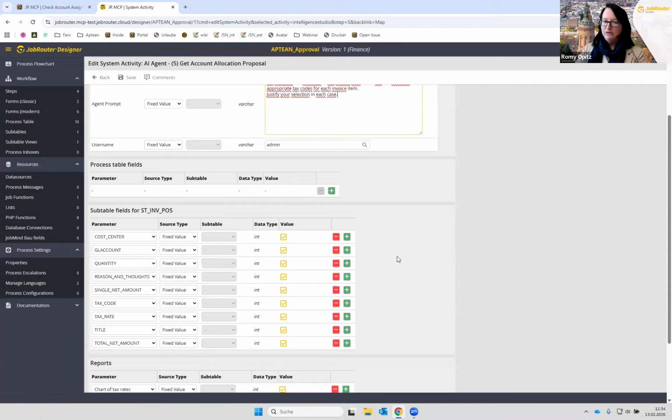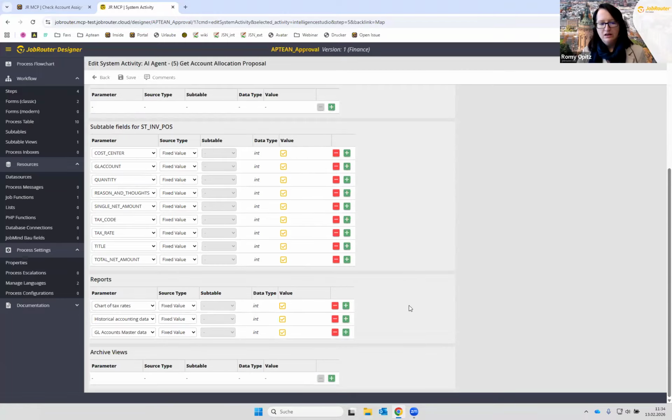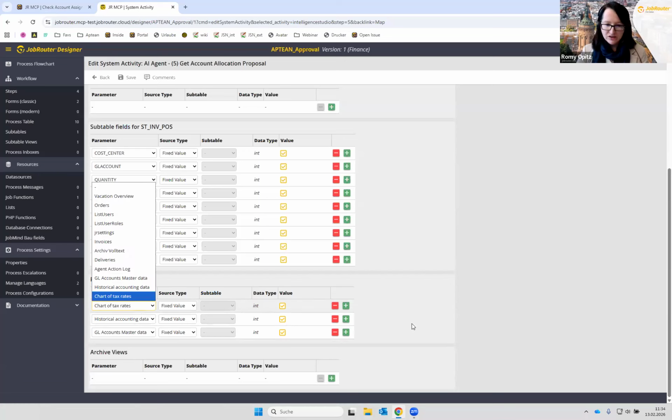So this is also the place where you specify where the agent can return the data to, like the recent enforce and GL account. That was the data it was given back to. So that's also something you can specify. And equally as important is the data the agent has access to outside of the current workflow. That's the reports I just mentioned. So in order to look at the GL account master data, it needs access to the GL accounts master data. And that's why you can, in this activity, also specify the kind of reports it should use for that specific task.